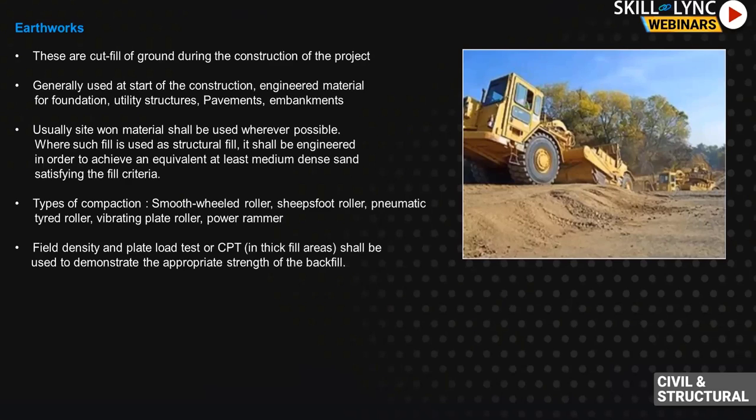So this has to be done by some compaction equipment. Those equipments are smooth wheel roller, sheep foot roller, pneumatic rollers, vibrating plate, and power rammer. These equipments depend upon your soils also. You have to use this equipment. So this is a picture of a smooth wheel roller. These machines will be used for the roller passes. You must have seen how road works are done with the rollers. So same concept they will apply. They will have to go for the roller passes. Maybe there will be 10 or 20 passes depending upon your compaction test results.